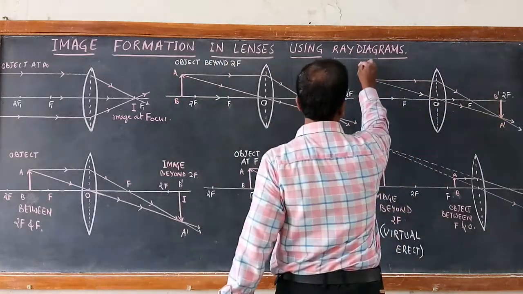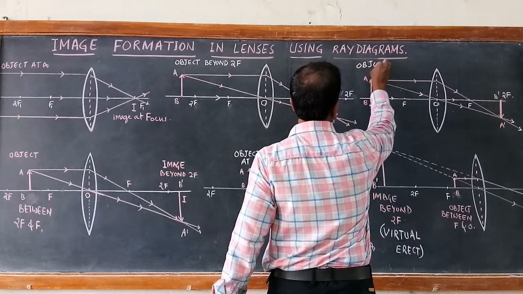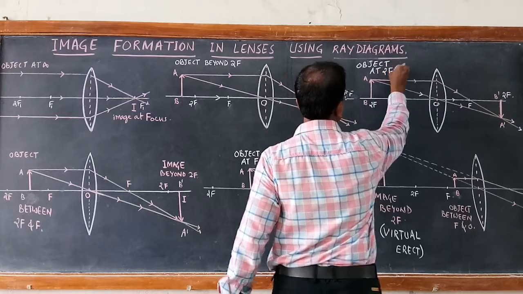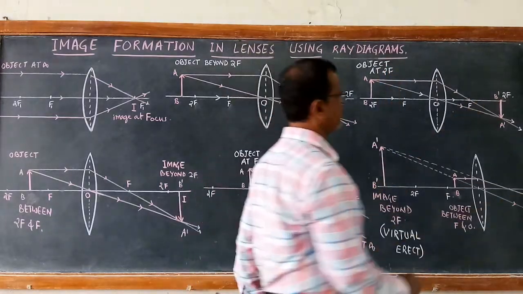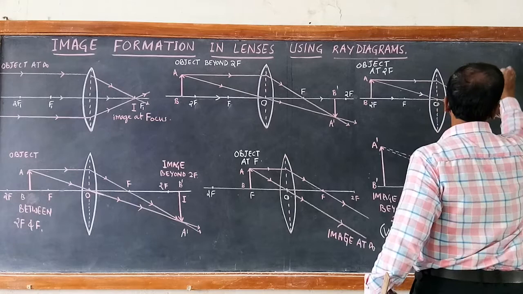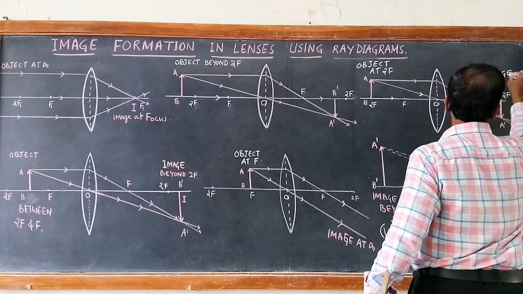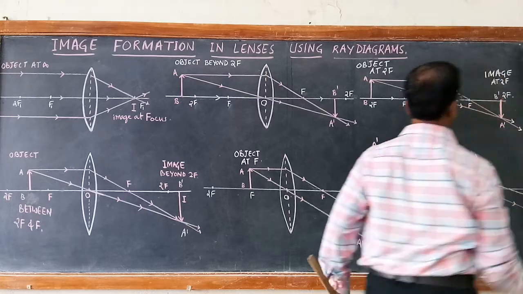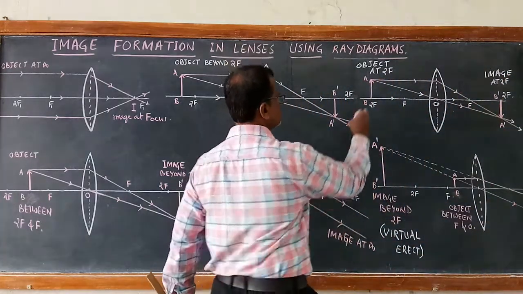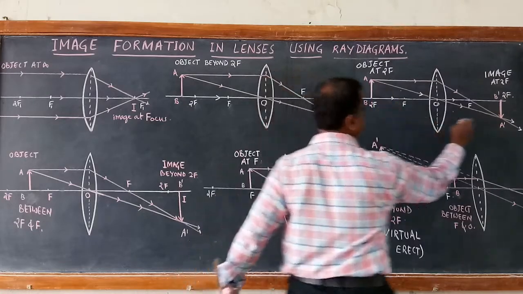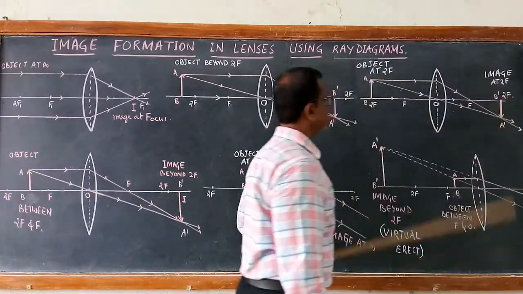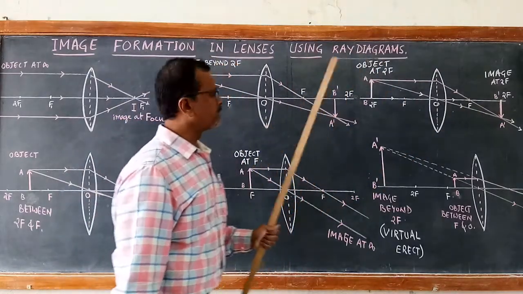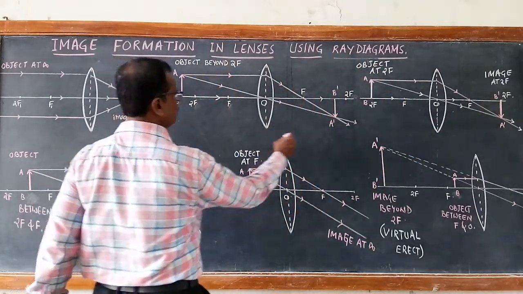So if the object is at 2f, look at this, the image is also at 2f. And one more interesting thing, the size of the object becomes equal to the size of the image, and it is forming an inverted image. In all these three cases, it is forming an inverted image. So inverted,